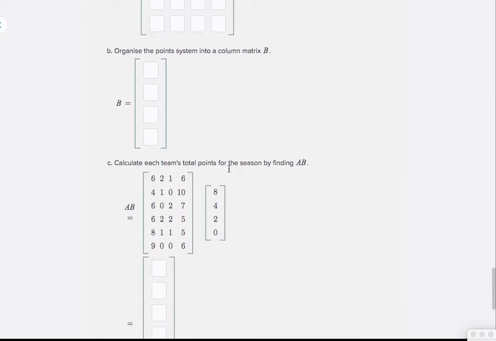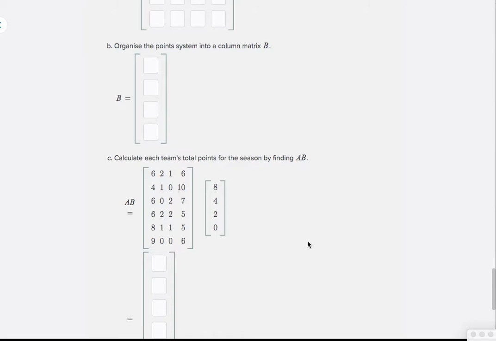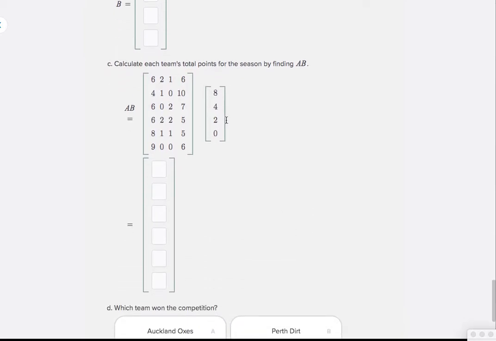We'll calculate each team's total points for the season by finding AB. So we can go ahead and do that. We can use technology to do that. You can plug that into your calculator, but I suppose the really important thing to think about is, let's interpret our answer here. When we're doing matrix multiplication,